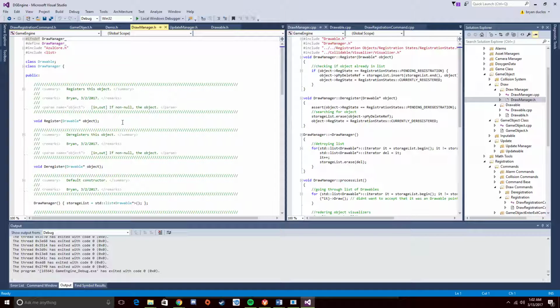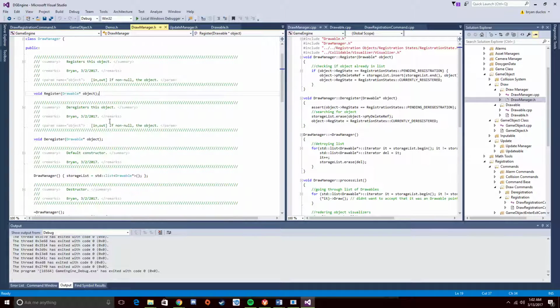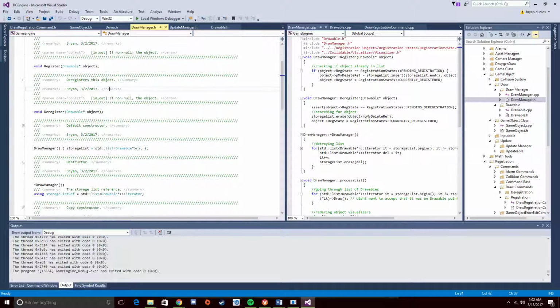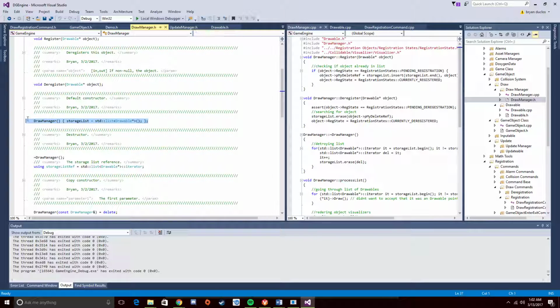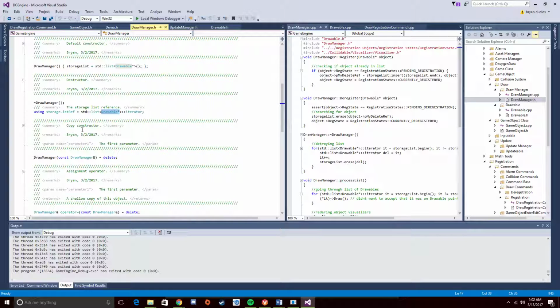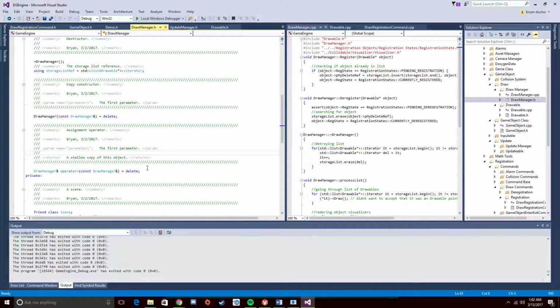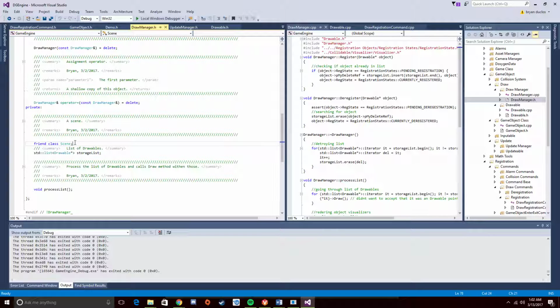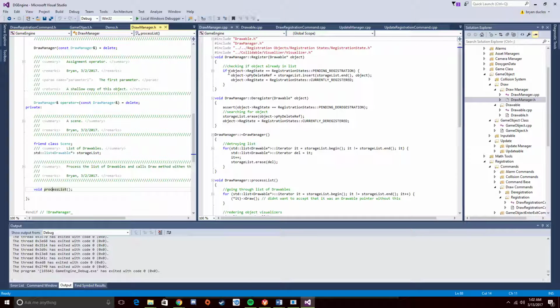So here we do a check, and here we go, .h, register, obviously registers the object, this is called from the scene, deregister, called from the scene, default constructor, creates the list of drawables. The list is a list of pointers to drawables, copy constructor, assignment constructor, friend class of scene, storage list, and process list. Now if we go into .cpp,